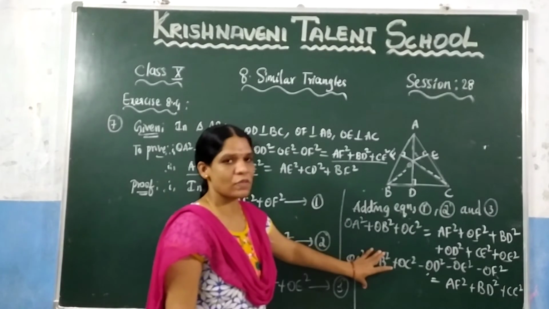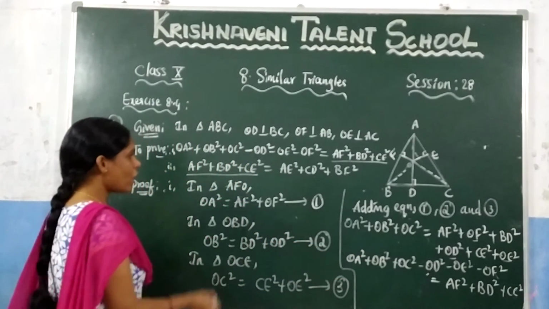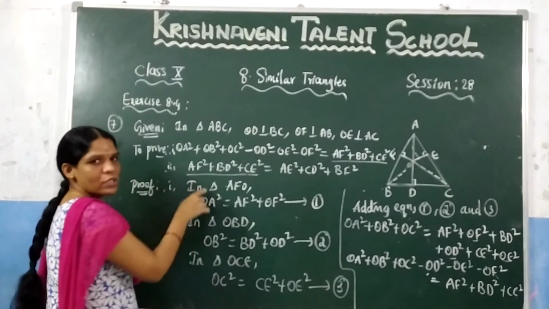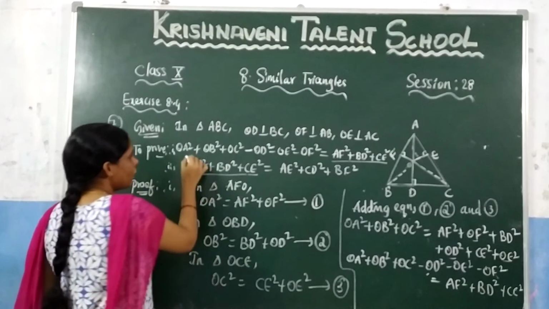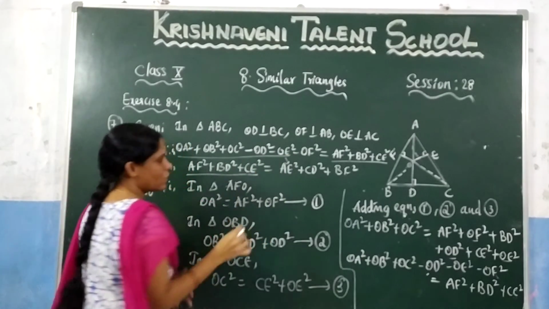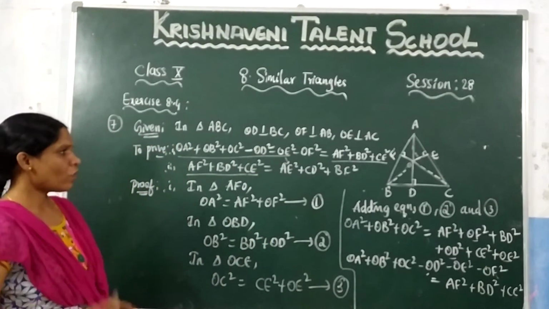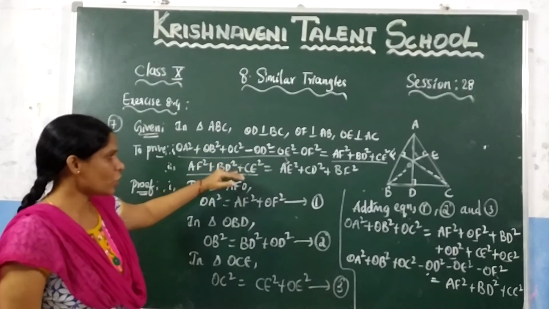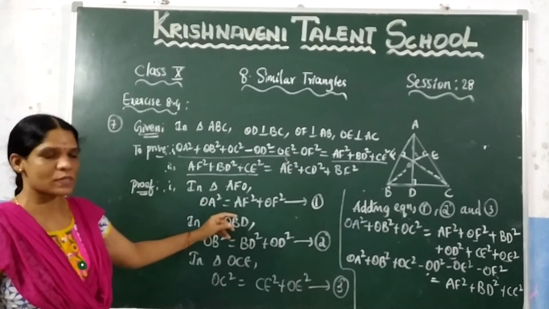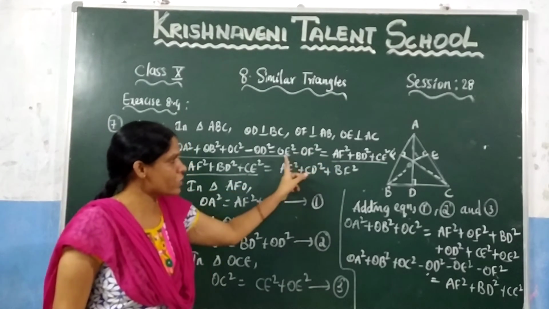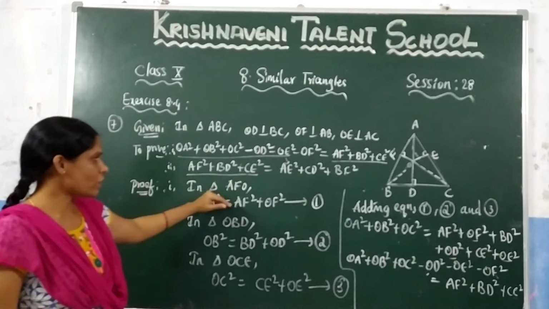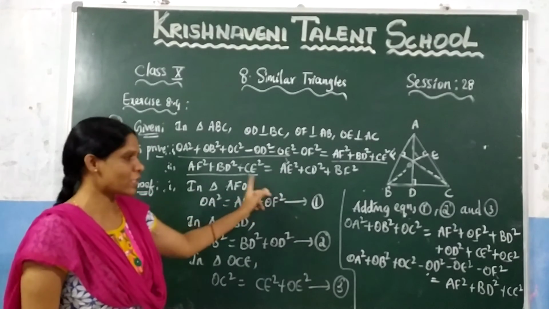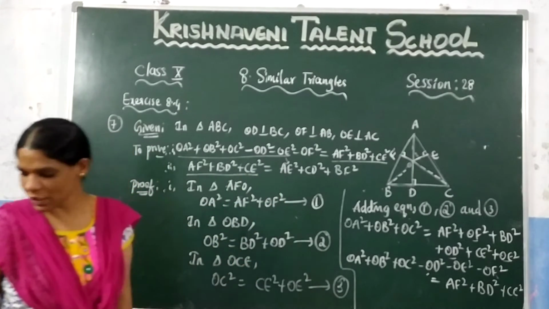We have already proved this condition, so you can consider that equation. After taking this equation, we will prove. How will we prove here? Already we got it. Just now we have proved. Now we will write this one in the form of this one. Like that we need to prove. First we have proved the first condition. Now if you want to prove the second condition, clearly you can observe you got this value equal to this value. And if we can prove this value is equal to this value, then you can say that these two values are equal. So let us prove that one.